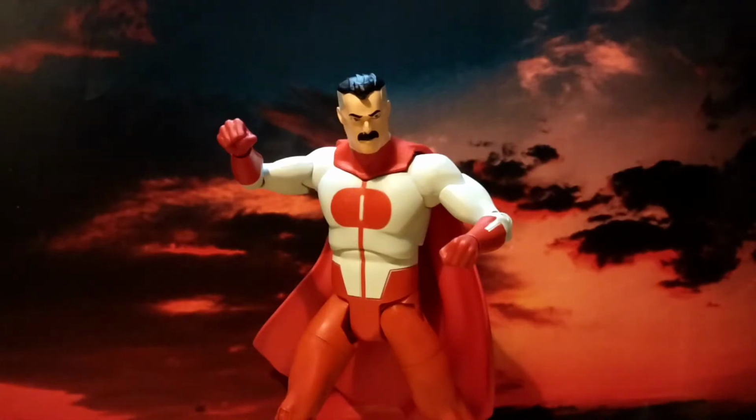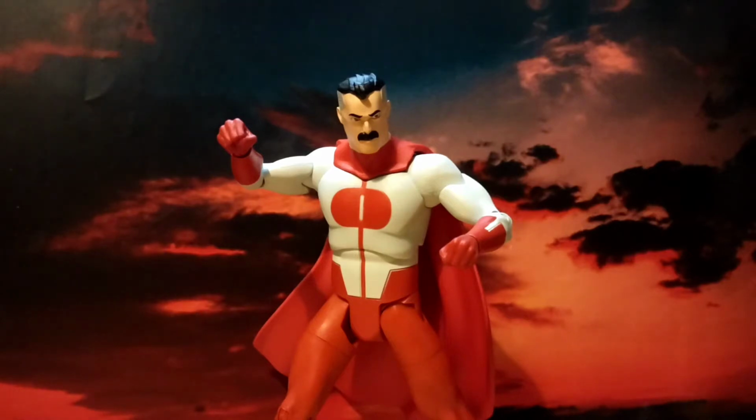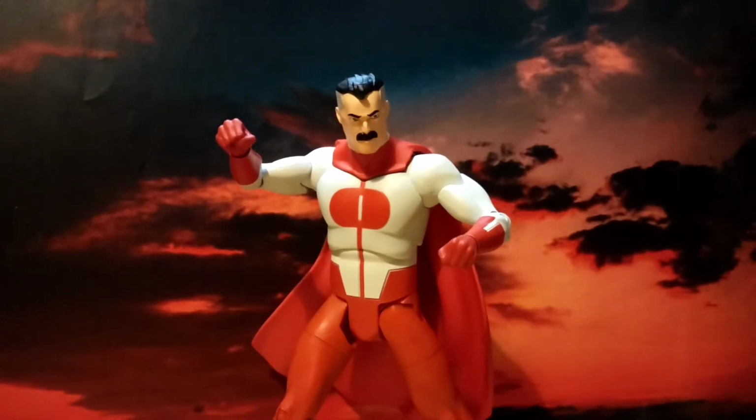Today we're looking at the Diamond Select Deluxe Omni-Man figure, and in spite of myself, I was excited for this guy because I love the show, I love the comic even more so, and Omni-Man, when he's done by J.K. Simmons, I think they just nailed that character as the series progressed. But it's Diamond Select, and we know how hit and miss they are, and unfortunately, this guy is a bit